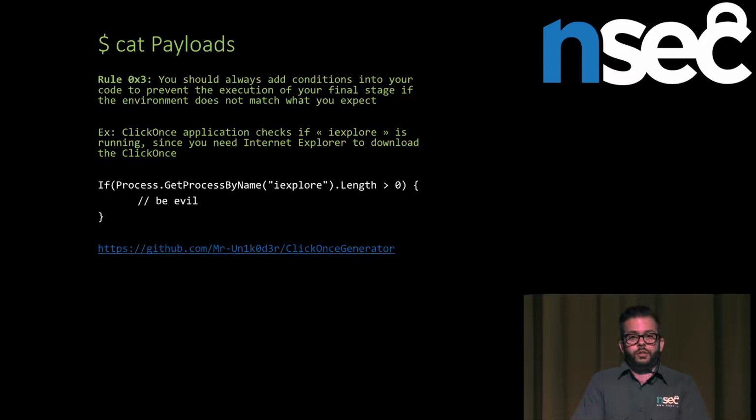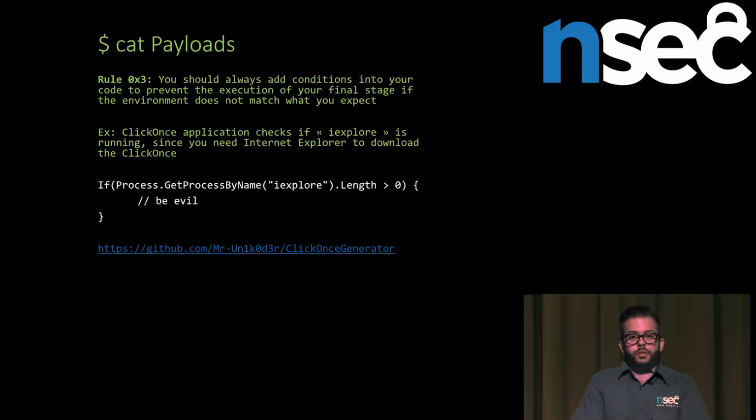Another difference between an endpoint and your actual sandbox is network access. Does your sandbox have network access? That's another easy one. Oh yeah, here's my payload, and you don't have network access. How did my payload actually end up there? So that's something that you can assess pretty easily. If you're targeting a company, usually they're going to be joined to the domain. So you can check if the current user running your payload is joined to a domain. If it's not the case, that's probably not, again, the target that you're looking for.